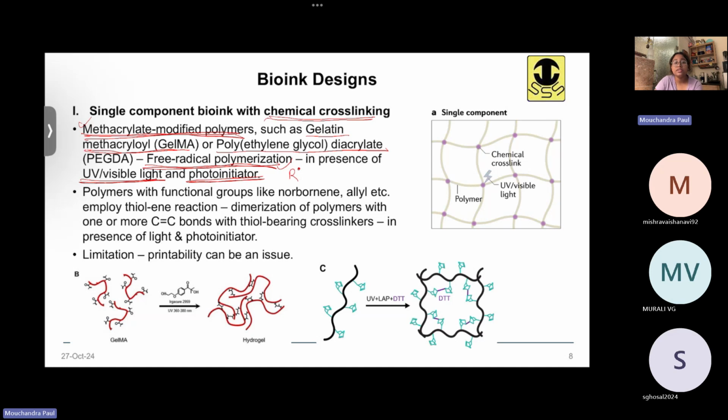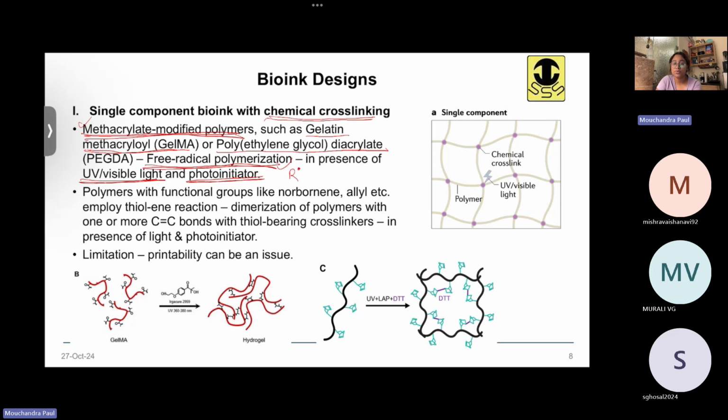Okay, so there is an initiation step, there is a progression step, and it will terminate. So it's like a chain process, like one free radical starts targeting another free radical, which starts targeting another. In that way covalent bonds are formed. But here the key point to be noted is that people use visible light or UV light, a light source, and a photoinitiator to start this free radical polymerization and form covalent bonds in these polymers like GELMA or PEGDA. Okay, this is one way,